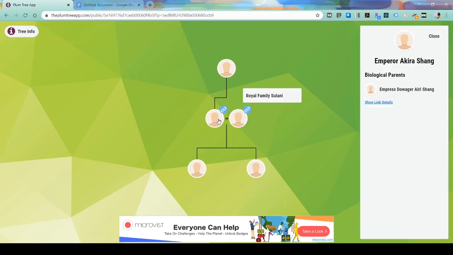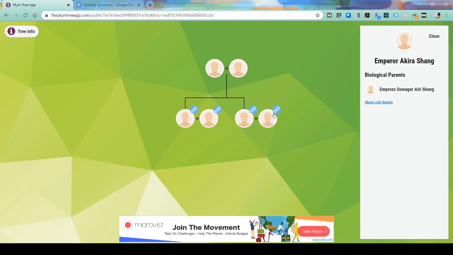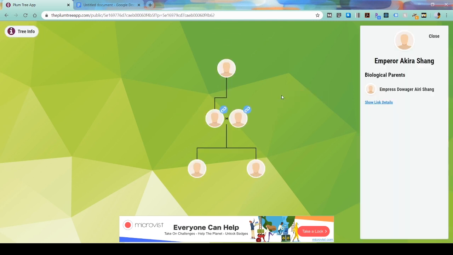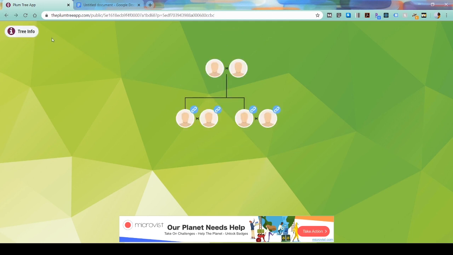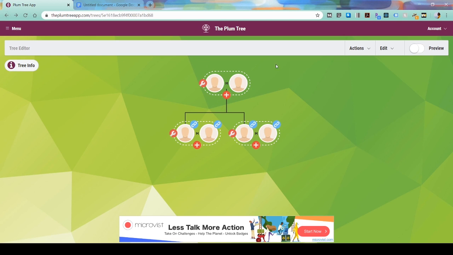And now we can toggle back and forth between the Royal Family Sulani and the Royal Family Shang Simla. And there you go. That's all you have to do. Again, like I said, the issue that I was having previously was that we just didn't click the save button. And so make sure that, like I said, go up to actions, click save